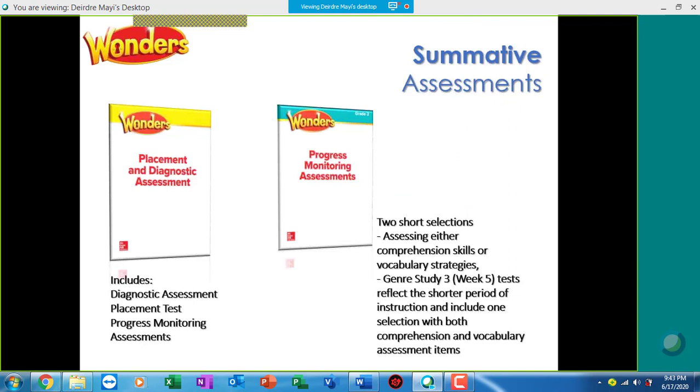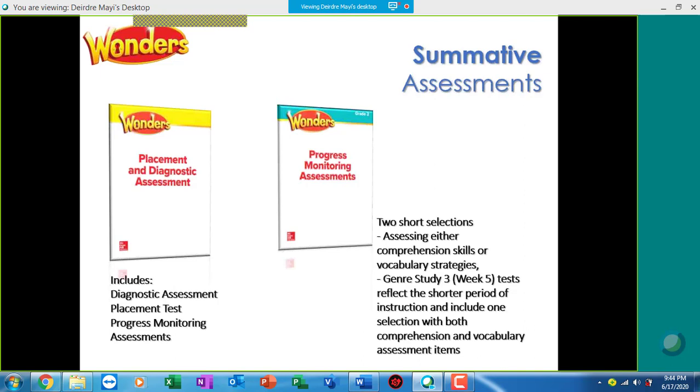When it comes to summative assessment, we've already talked about those placement and diagnostic assessments that you will have available. But there are also progress monitoring assessments. Now, these are generally meant to be administered every other week. Why every other week? Because remember, in Genre Studies 1 and 2, those studies last for 2 weeks. So think about it. At the end of Genre Study 1 and 2,